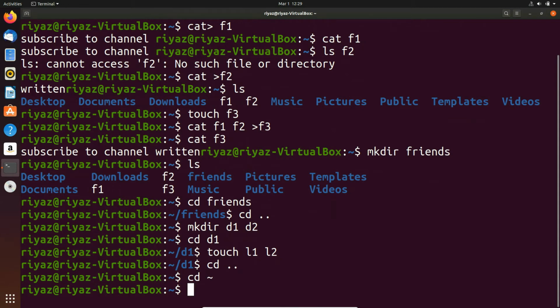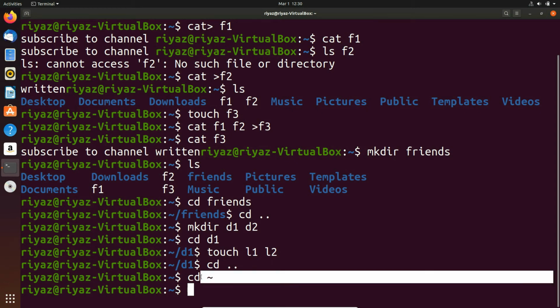There is a root user and a normal user. We are basically using the normal user, and we will cover this topic in later sessions. Until then, just remember we have two users: one is the root user or administrator user, and the other is the normal user. We are using the normal user directory to create files. So this cd and the symbol will take us to this normal user directory. I don't know the name of this symbol that I have used. If you know that name, just write it in the comment section.